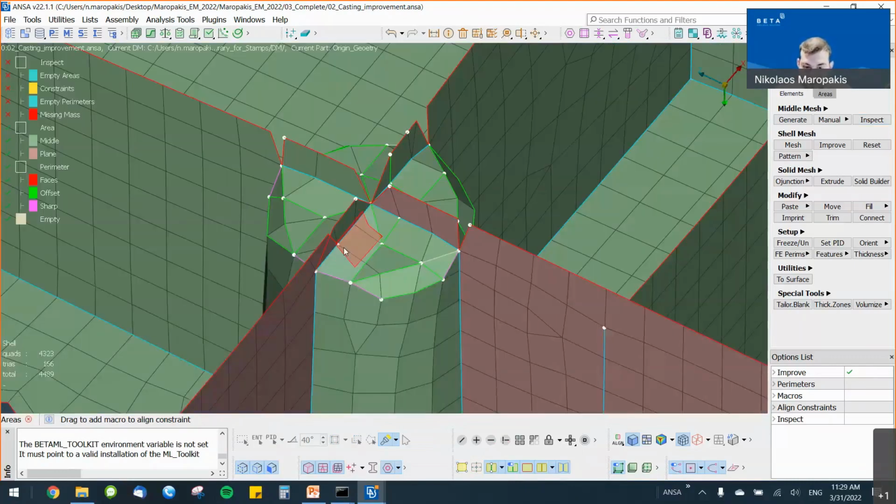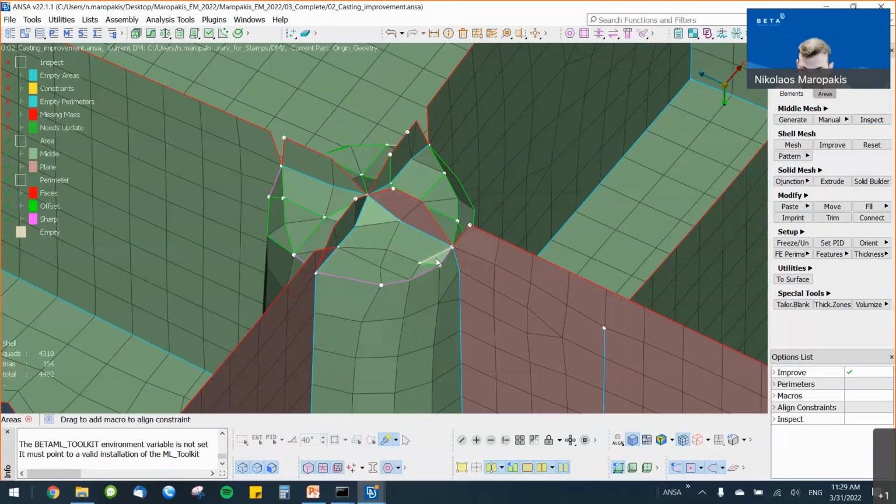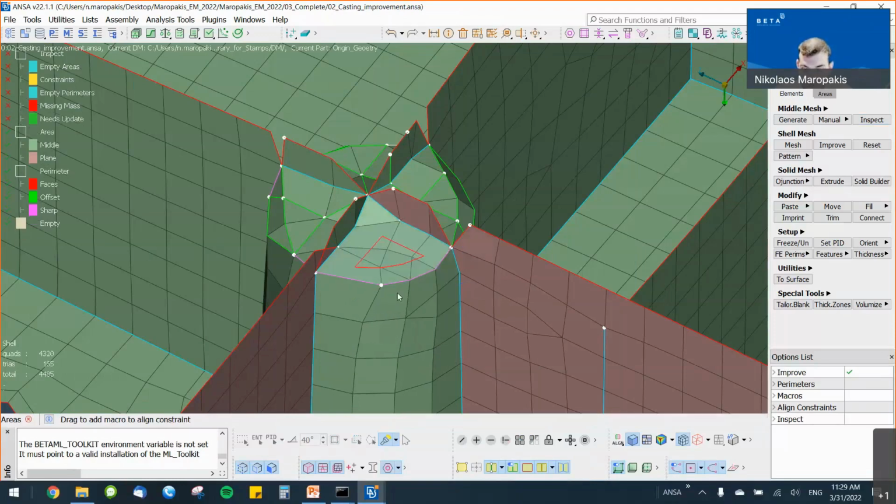I can add an area to an align constraint simply by dragging and dropping it to the desired align constraint, as you can see here. After I perform every action on the mesh, I can see, apologies for that, I will Control Z, I can see that the constraint is automatically applied. This is because I have activated, from the options list here in the bottom right corner, the auto apply constraint after every mesh action.